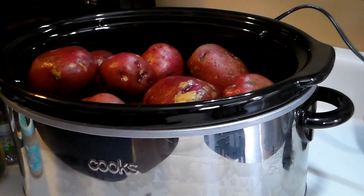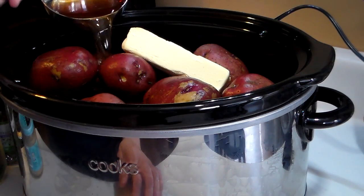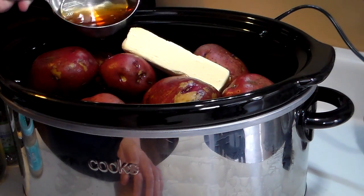So we're going to start with 1 stick of butter, and we're just going to lay it right on top, because that's just going to melt and go down in there. We're going to use a 1/2 cup, so I'm only going to need half of this,